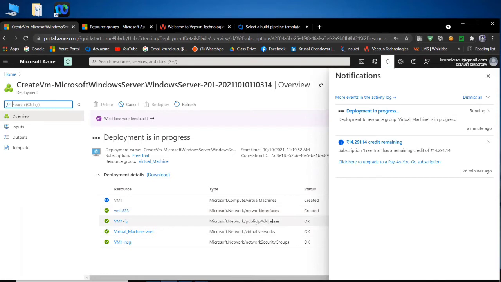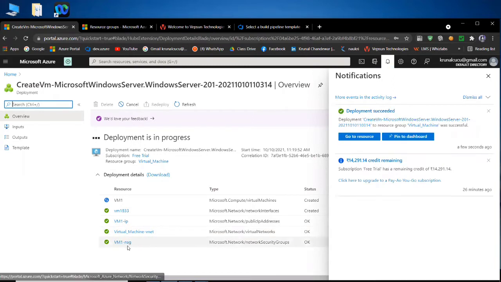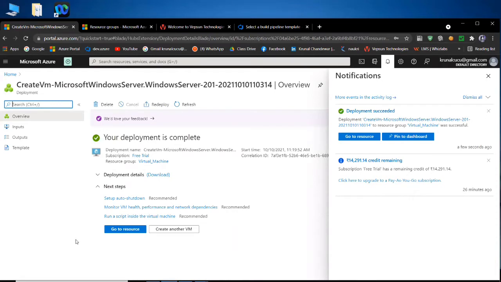We also require a public address, because as I told you, I enabled the HTTP port, so we will get a public address there. Even we will get our virtual network, that is our own network for connecting our virtual machine. That is also created. And what else is created? An NSG, meaning network security group. And all these details you will get here only.